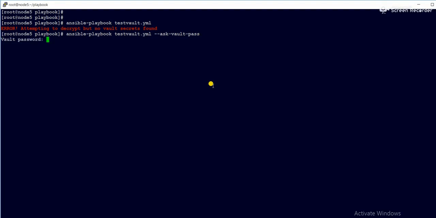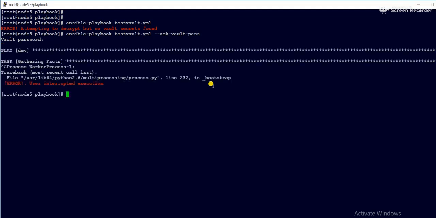Once I give the password, admin1234, it starts executing. I interrupted it with Ctrl+Z. So if any Ansible playbook is in encrypted format and you want to run it, you need to pass the parameter --ask-vault-pass.